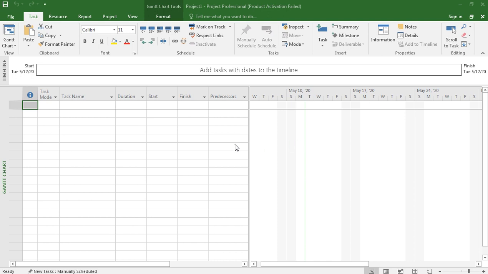Okay, tasks means when a project starts, it is divided into some small portions. Each portion is called a task. Now a project is divided into tasks, tasks are divided into subtasks, and subtasks are divided into activities.